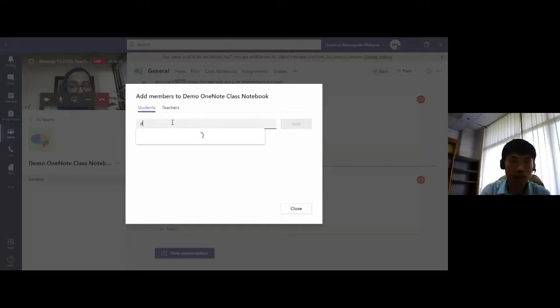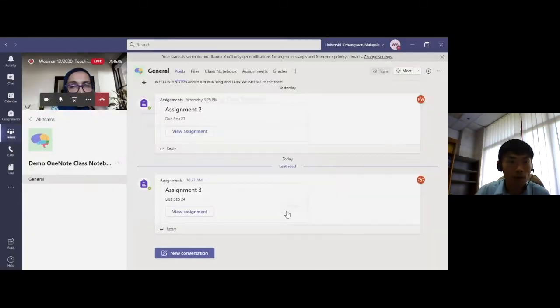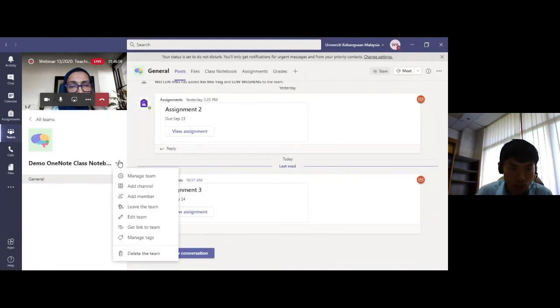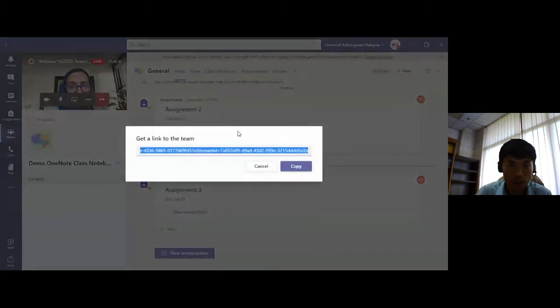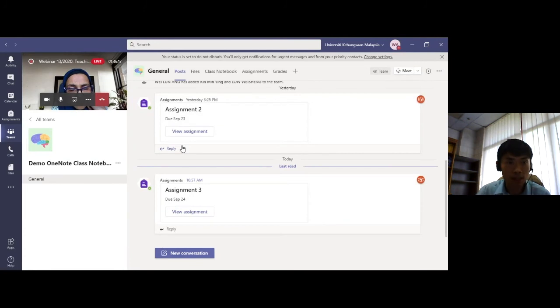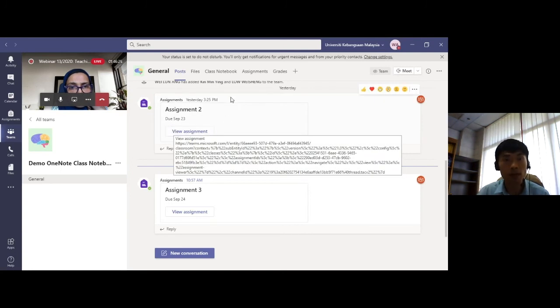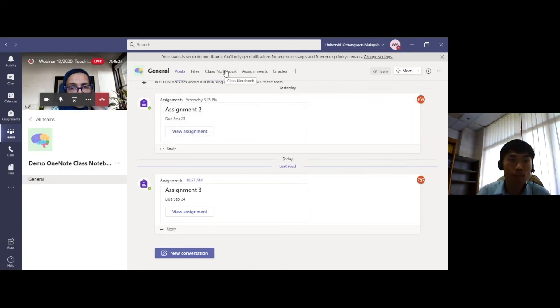You can add members, so you can include the students here. You can just type the email of the students and add them to the group, or we can share the link with the students, and the students can join this course using the link given. So once they enroll into these Microsoft Teams courses, they will automatically have a class notebook account. Right.